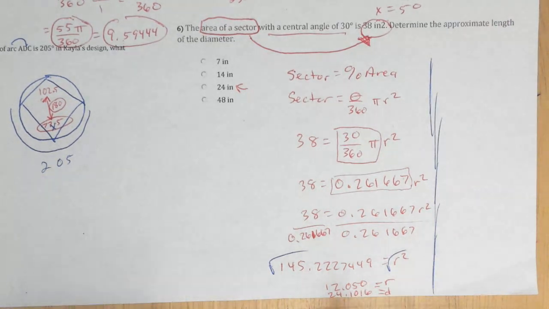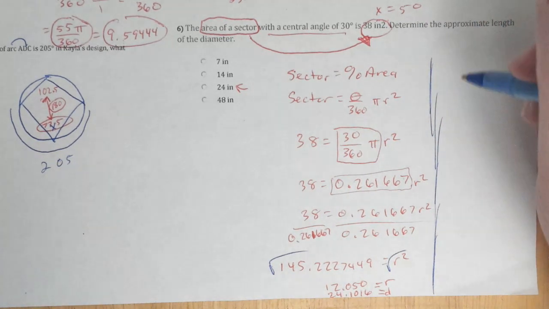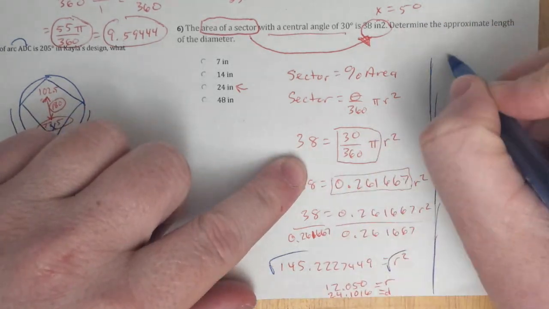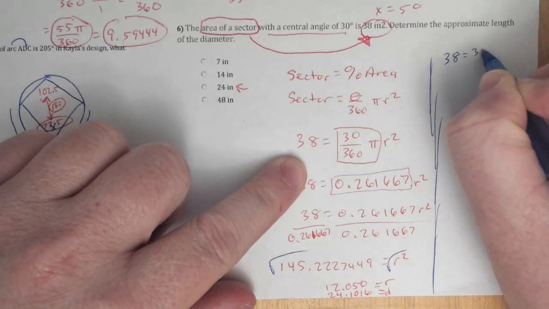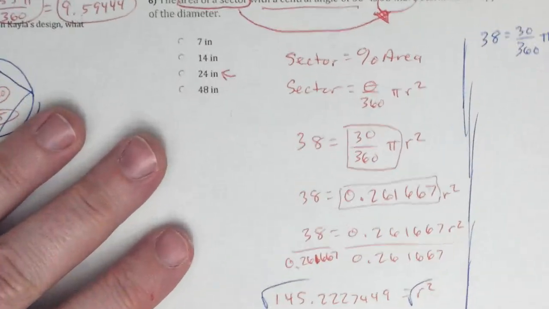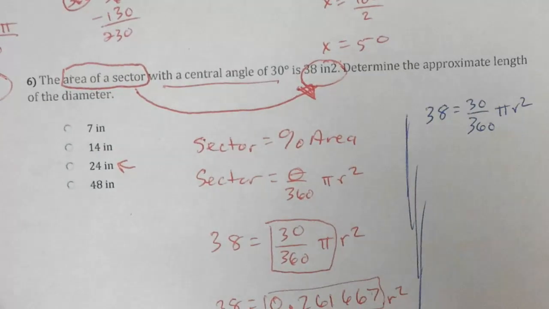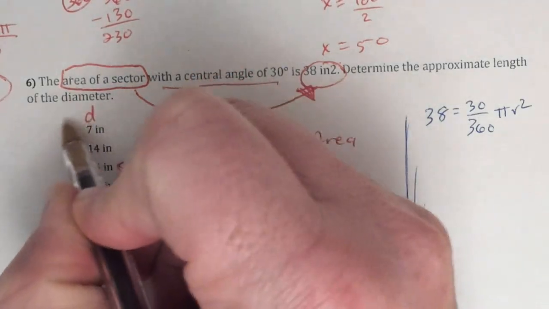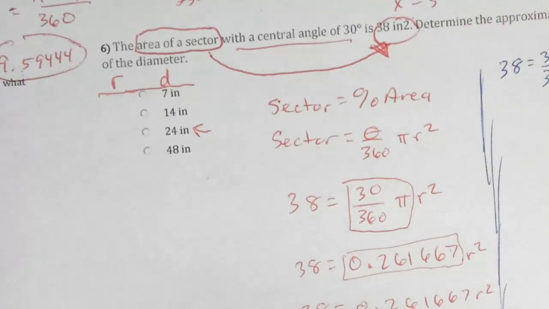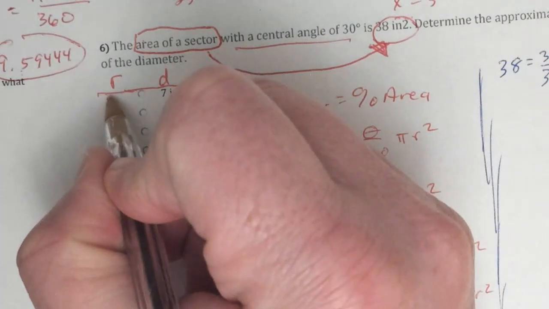And you're stuck with that way if they didn't give you multiple choice. But hey, they did give us multiple choice. So let's talk about another way how to do this. So if we did this a different way, we know for a fact that we have 38 equals 30 over 360 pi r squared, right? So I'm going to zoom in and show you a different way how to do this. Does everyone agree that this is the diameter? All right, so if that's the diameter, what would have been the radius? The radius, you just divide by 2. That would be 3.5,